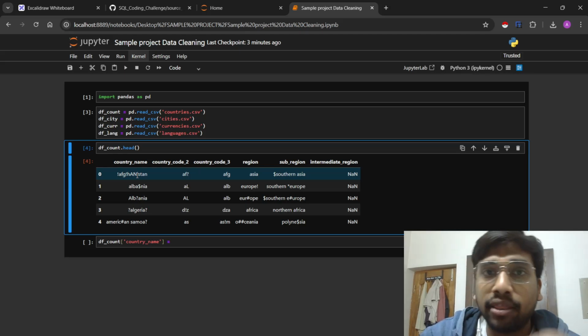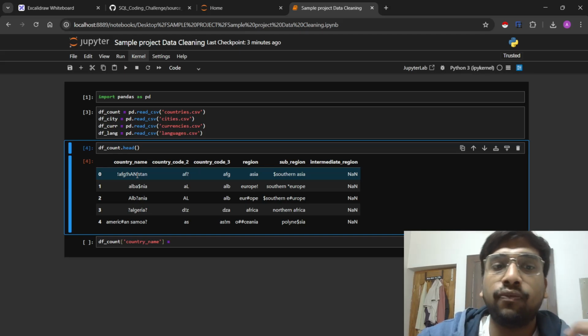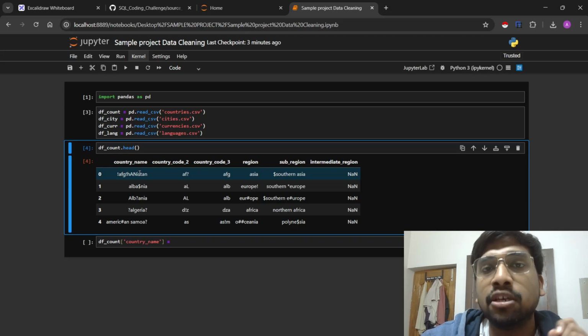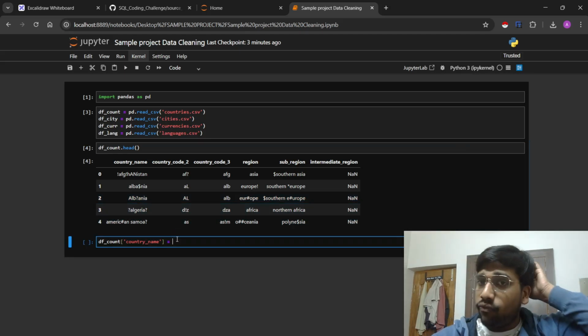When I look at this, I think that first the special characters like question mark, $ sign, exclamation sign should be removed. Second, the case should be similar. In this case, I would like to keep it title case, in which the first letter is capital and the rest are small. And yes, that is something that I would do for all the columns, right? So I guess we can proceed with this.